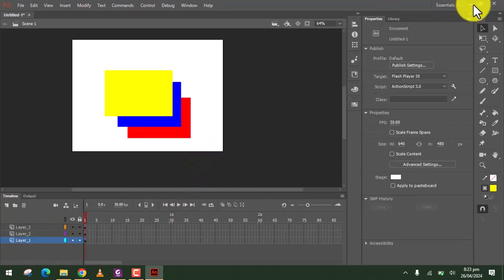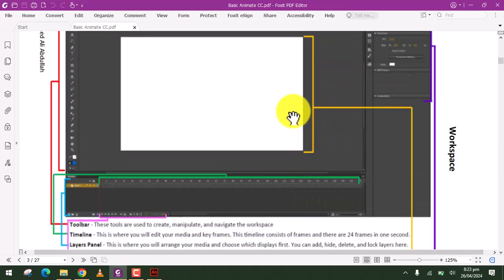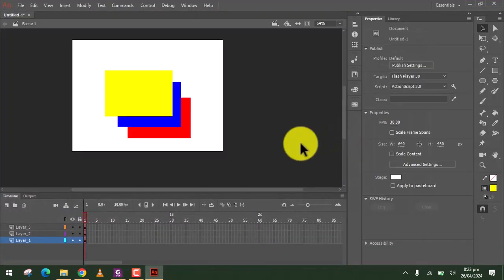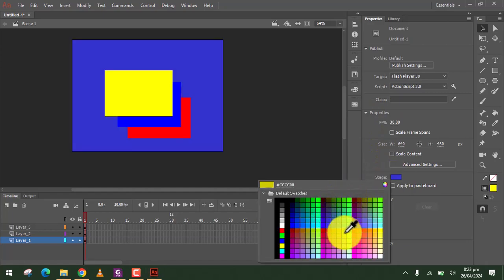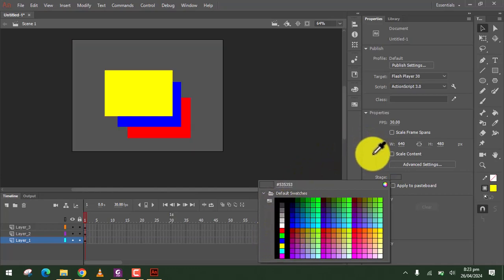Okay, and then next one we have the canvas, which is the yellow canvas or stage. We call it the stage here in Adobe Animate. Here we have the stage, this one. You can easily change the color of the stage, white, black, it's up to you.